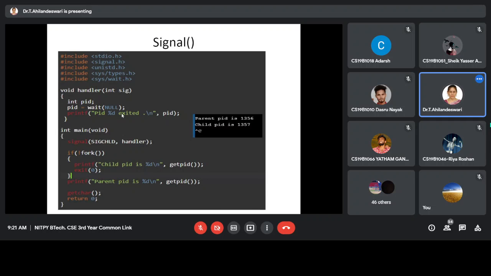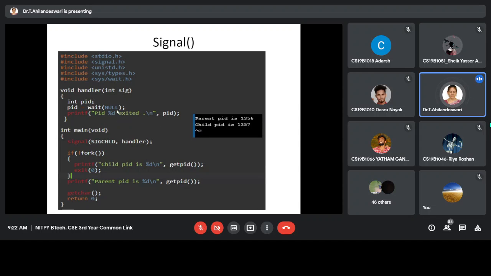See here, the same program. After executing the fork system call, there is the child part and the parent part. The parent is printing its ID and the child is printing its ID. Then the SIGCHLD event is generated, so control has to go to the handler. In the meantime, I pressed Ctrl C. It is another signal, right? Ctrl C is nothing but SIGINT. So it is accepted by signal.